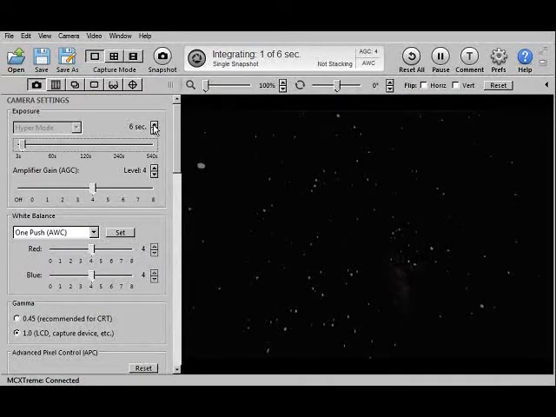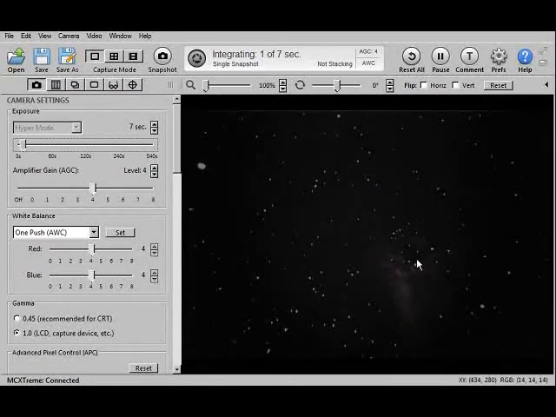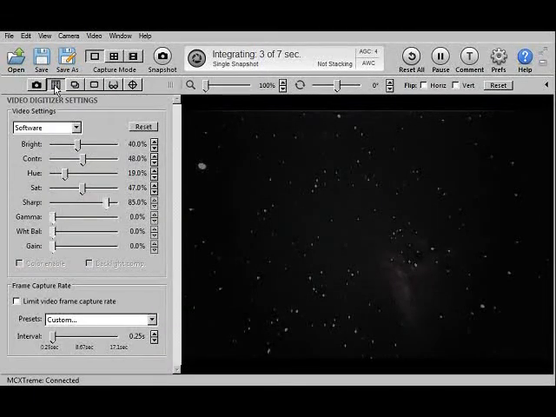Okay, and every time it constantly repeats. It just repeats and it will refresh. So let's take this up to about 9 seconds. And of course it popped in pretty well, so we can take that back down to about 7. Okay, so at 7 you're starting to see some pretty good outline of it. So now, while that's integrating at 7 seconds, let's go ahead and click on our video